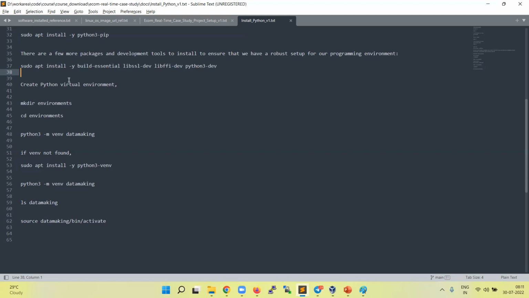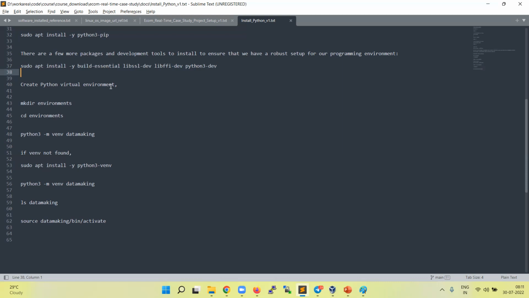Okay. So the next part is something called the Python virtual environment. If you are familiar with Python, you might know this. It's basically creating an isolated environment for your Python application. For example, I might create application 1 using certain Python packages, then build application 2 where I may use different Python packages.